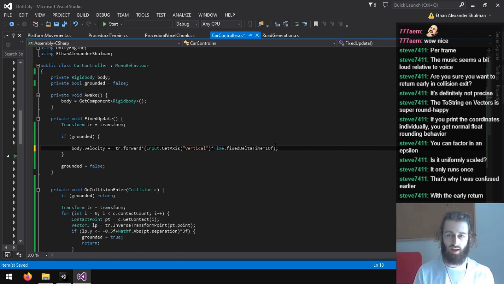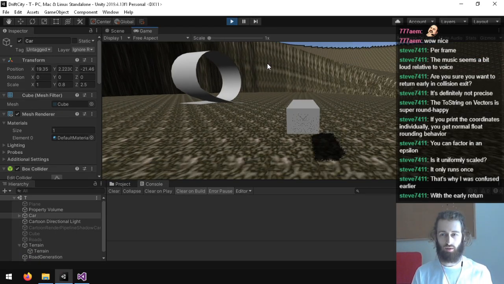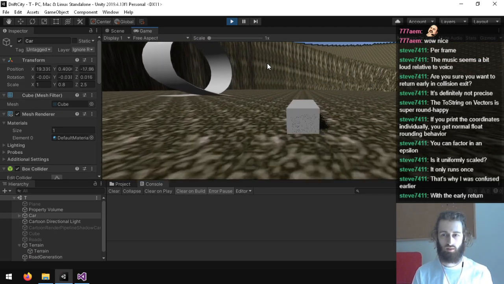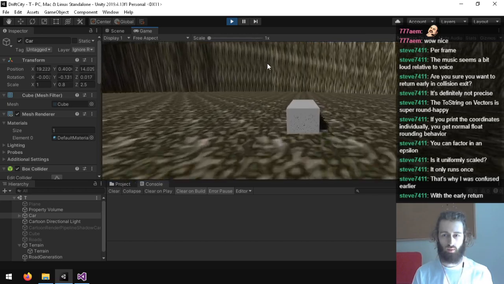Probably still too fast, so we'll turn it down a bit. Alright, and I won't be able to turn either right now. But, okay, we can at least move. Or go.